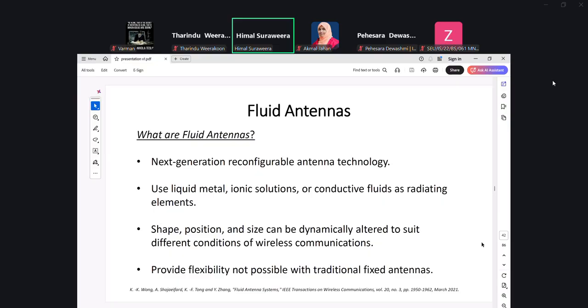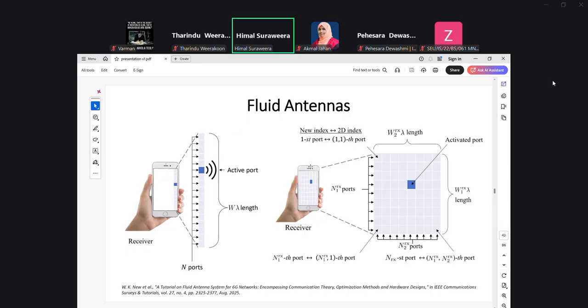I will not go into the technical implementation of how these systems can be built, but you can think of them as moving antennas across a particular tube. So let's see how this helps to achieve better services in wireless communications. The fluid antenna system is something like this.